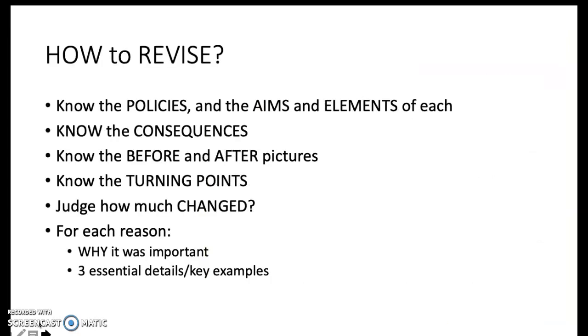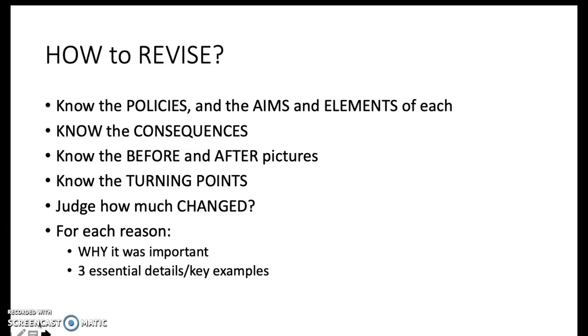So, in other words, know the policies and know the elements of each policy, the aims of each policy. And in each case, figure out the consequences. So what you're doing is building a before and after picture with the policy in the middle. So if the situation before was that religious belief was widespread, what's the policy? Well, the policy is the attack on religion, and then you break it down into the different elements of the attack on religion, and then you would think about the consequences and the impact or the effects of each element of those policies, so that you could trace one element through from beginning through the policy to the